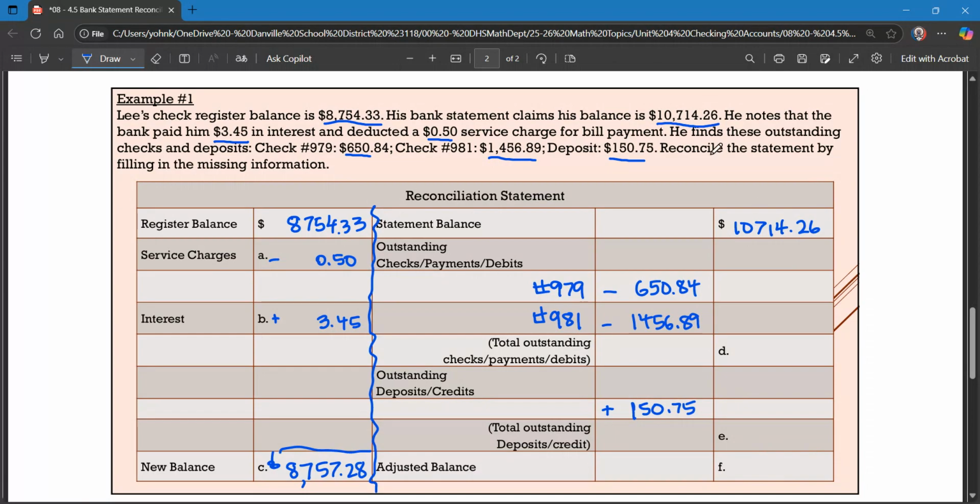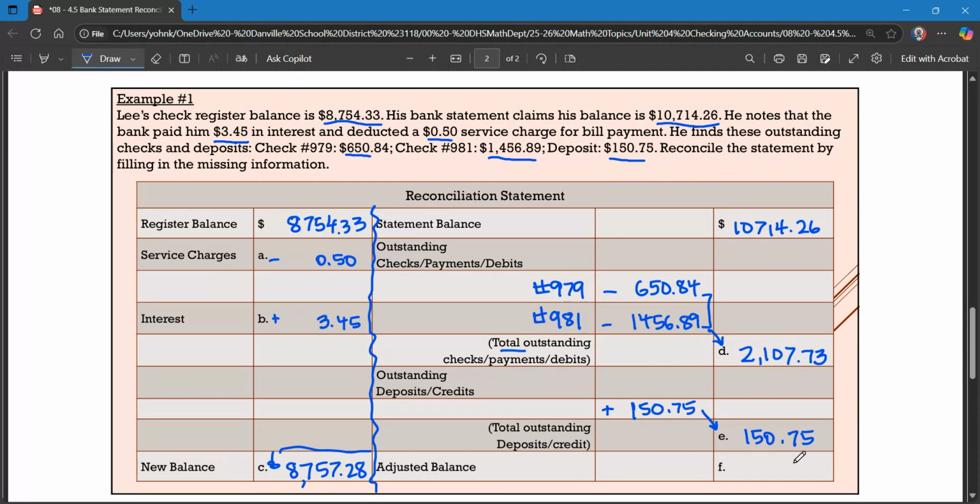All right, if we go to the right-hand side, I need to fill in letter D. Letter D stands for total outstanding checks, which means I need to add these two numbers up together, and then I'm going to put that total down here in D. So if I add these two together, my total is $2,107.73. Okay, letter E is total outstanding deposits. I had one, so this part's easy. I'm just going to write it down here,